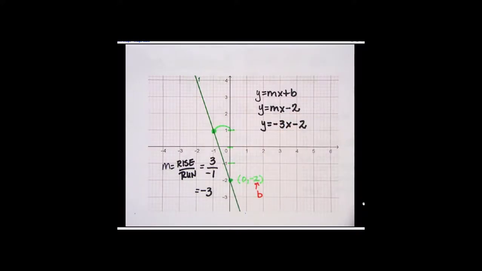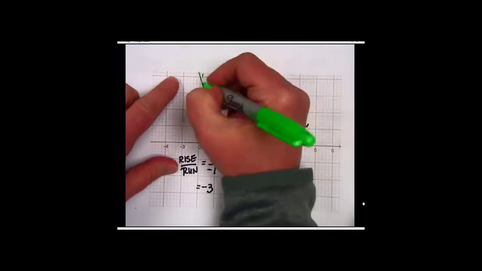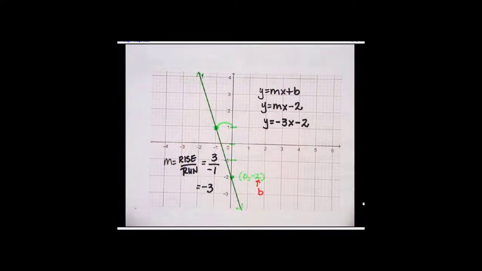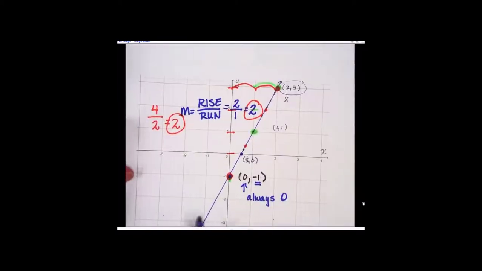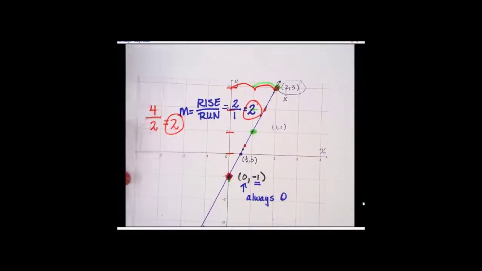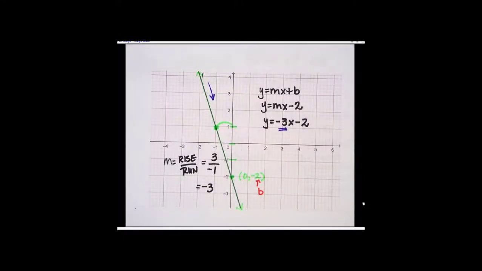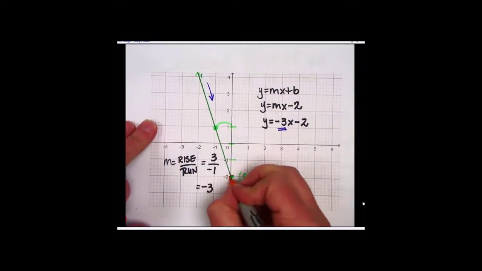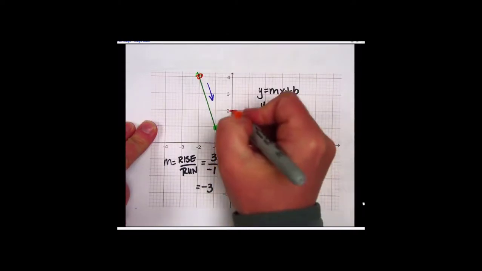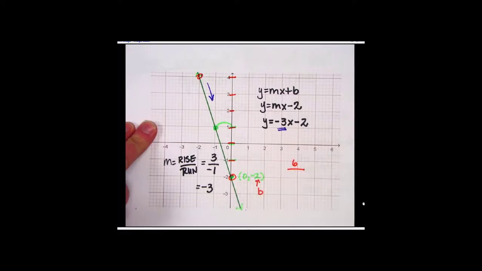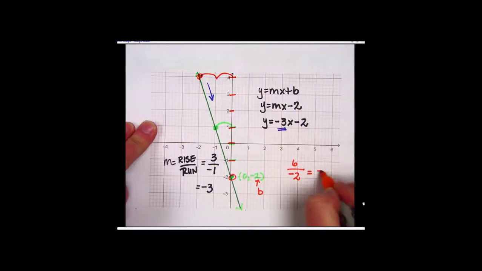And one way to check yourself is notice that my line's going downhill here as I go from left to right. If you're going downhill as you go from left to right, you should have a negative slope. In the first example we did, we were going uphill from left to right, and notice that we had a positive slope. So that is a way to double check yourself. Another thing to note is if we depict, say, this point and this point way up here, rise 1, 2, 3, 4, 5, 6, run 1, 2, but I went to the left, so it's negative. Simplifying that, I would have -3.